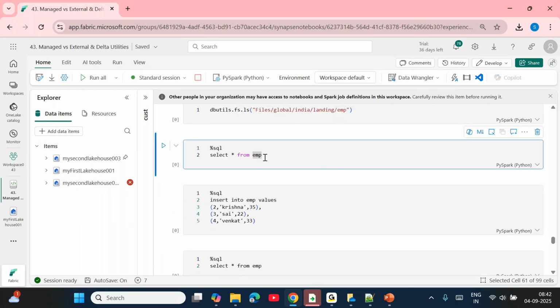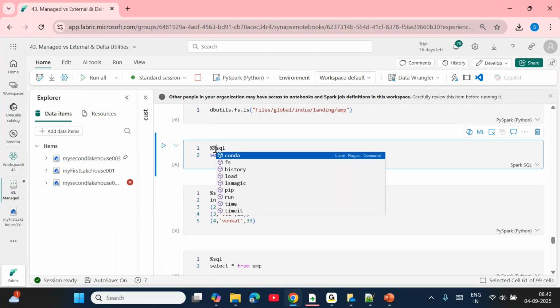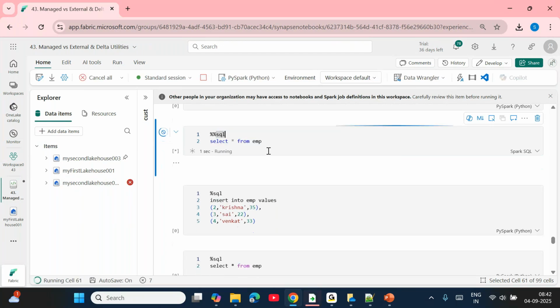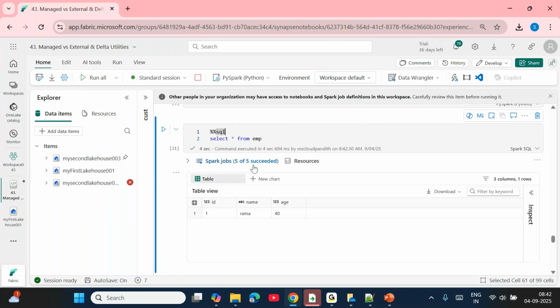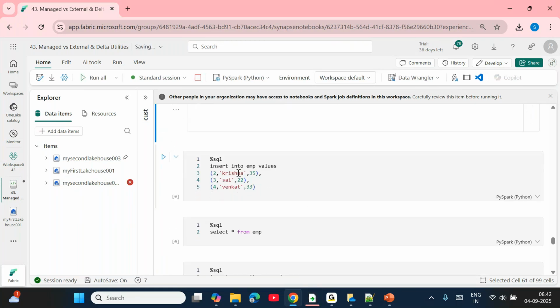Now I am just directly querying this particular table to see how many records are there. Now you will see exactly one record will be available. Okay, one, Ram, 40. So if you see